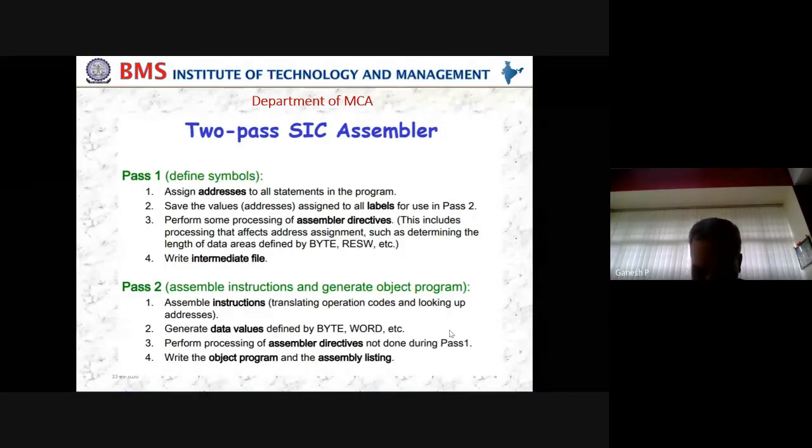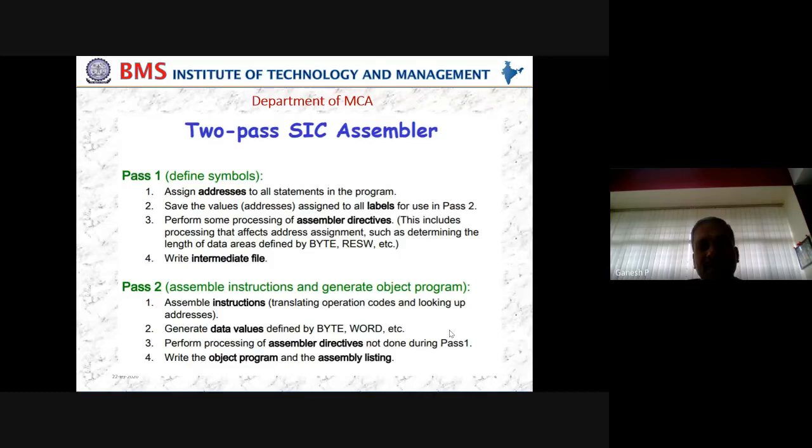In the exam, they might ask you Pass 1 or Pass 2. And we have discussed in detail what these passes are, how many passes are required for an assembler, why 2, why not 1 or 3, depending upon the requirement. We have taken it for granted, in general, that 2 passes are required for an assembler to successfully complete the process. However, depending upon the requirement, it may be completed in 1 pass, or it might require more passes as well. But in general, a 2-pass assembler is what we'll be talking about.